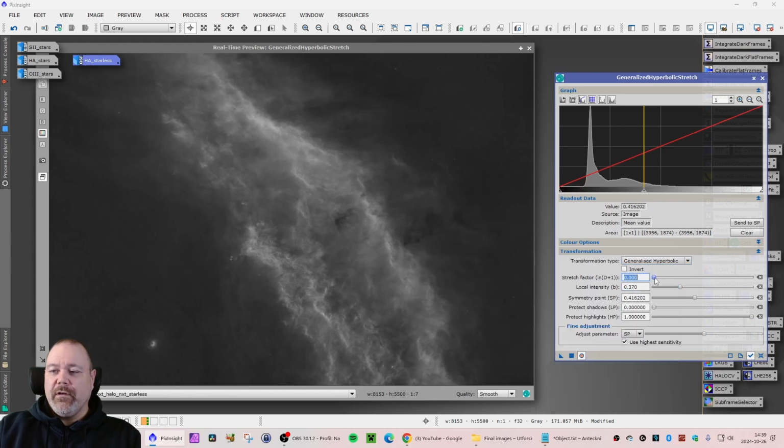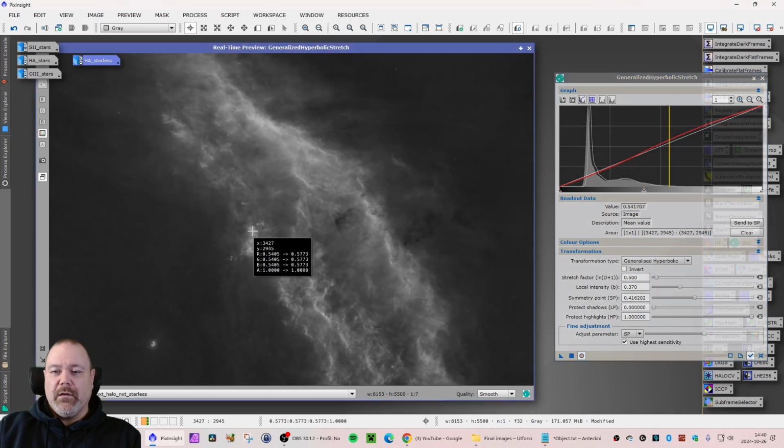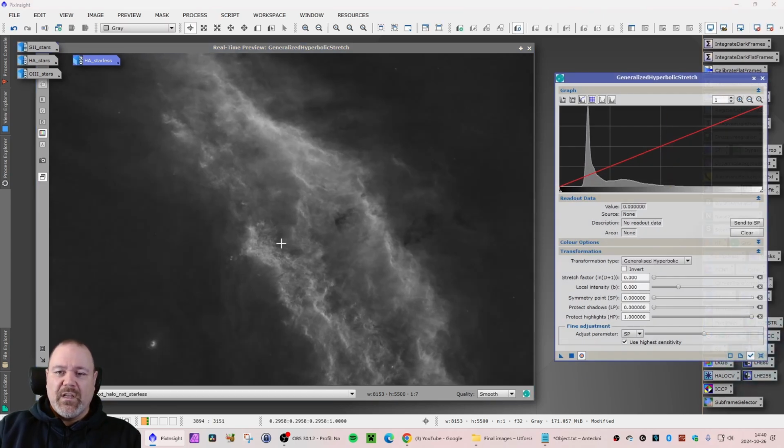We'll increase this a little bit, and then I will make a stretch here that will increase the contrast of this, and I apply it. I will select a very bright area and do the same thing,